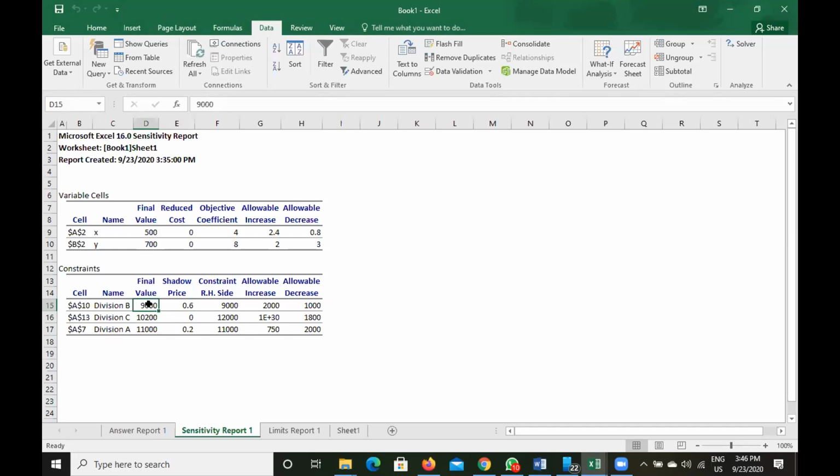Here the resource is hours, 9,000 hours available in division B. To get one more hour, you can pay a maximum of $0.6 per hour, not more than that.